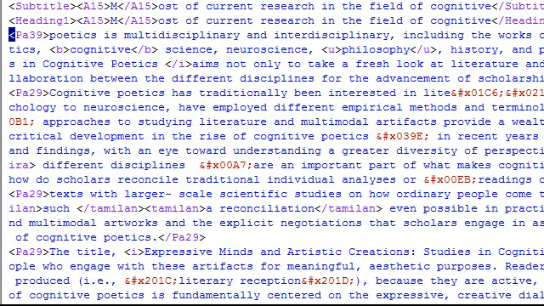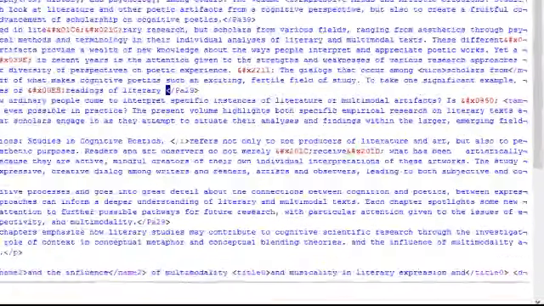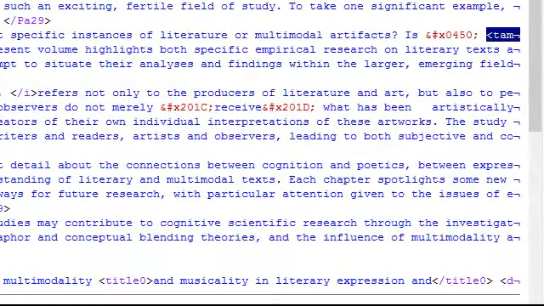I also have to search for this one. This is a style I defined for my own purpose, to show something which is not already tagged or predefined with MS Word. Here you can see TAMIL.